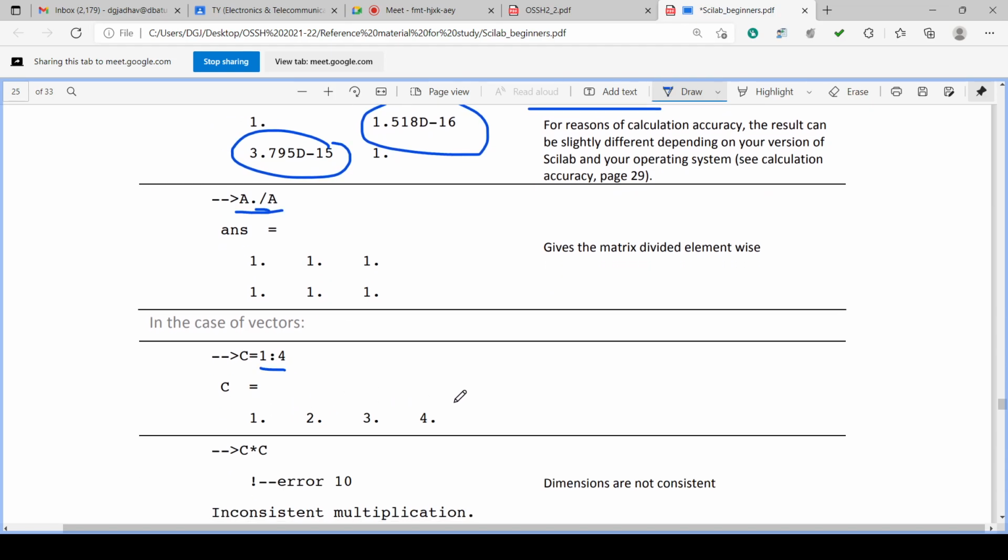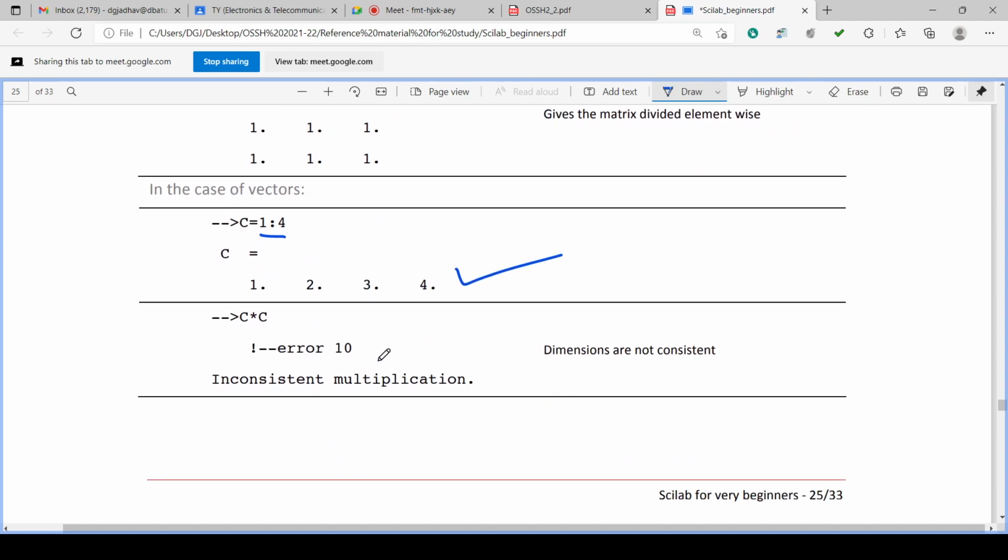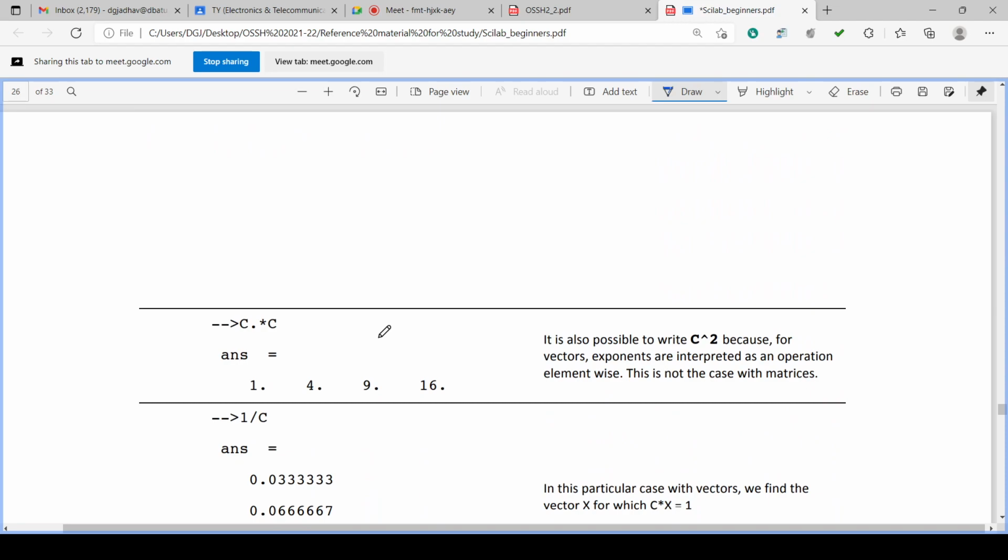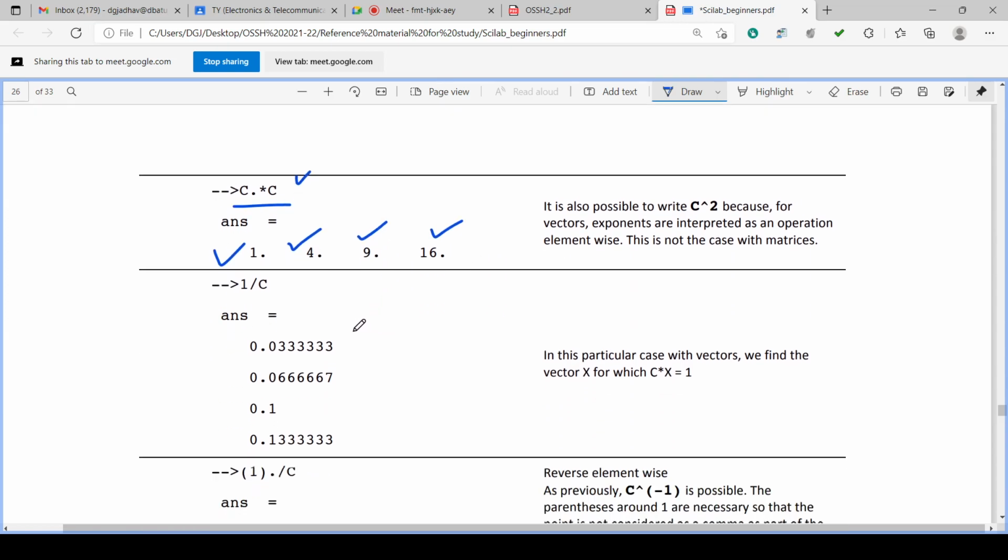So if you take C as 1 2 3 4, C into C will give an error. But element-wise C into C will give values. 1 2 3 4: 1 into 1 is 1, 2 into 2 is 4, 3 into 3 is 9, 4 into 4 is 16. Element-wise we can do because both have the same dimension.